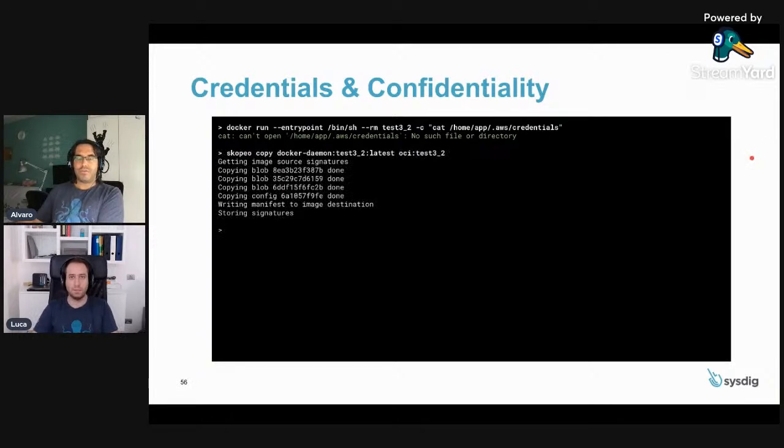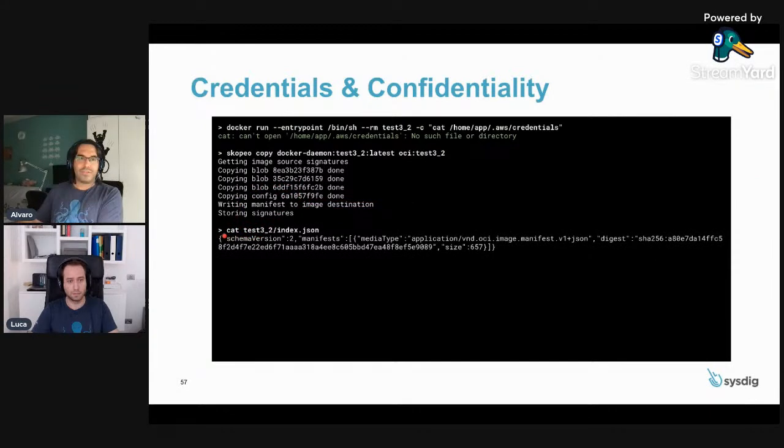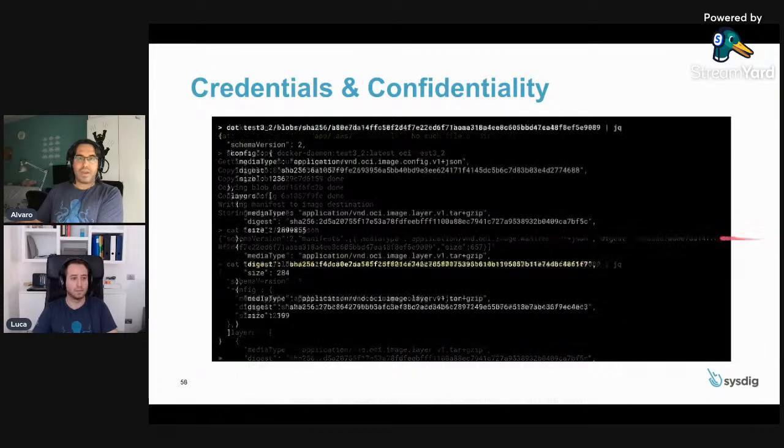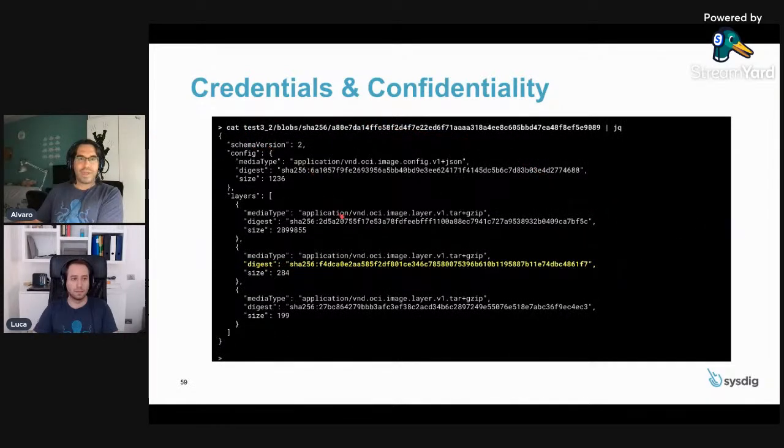But you can use a tool like, for example, Skopeo, that is capable of copying an image to a different format. This is an OCI format, a folder with one file per layer. So you can check the index file. The index file will tell you the digest for the configuration file. You can check the configuration file, and you can see that there is one layer per each command you execute in your Dockerfile. And you can, for example, take the digest of the layer before the last one, this one,